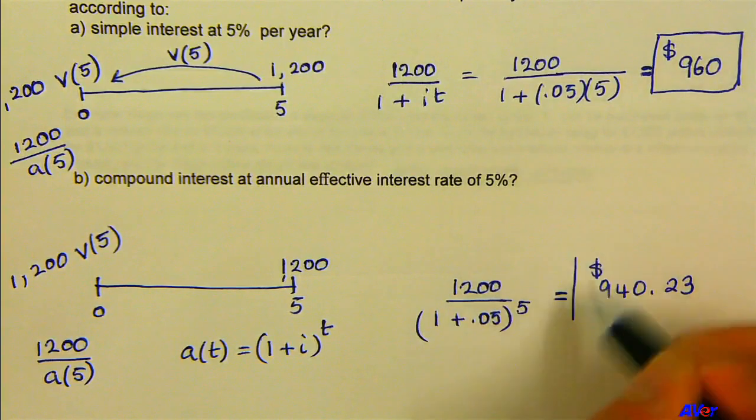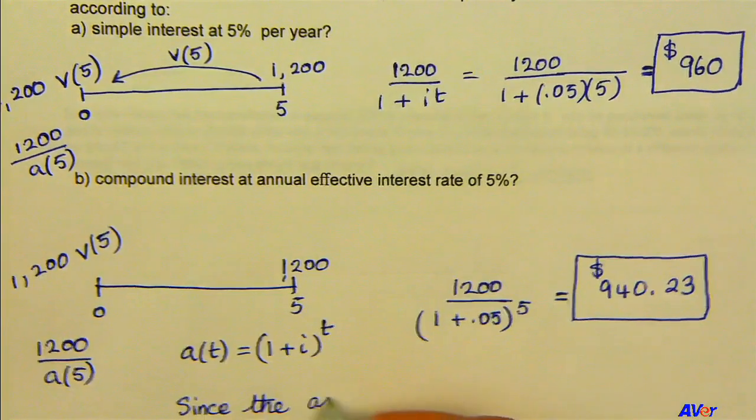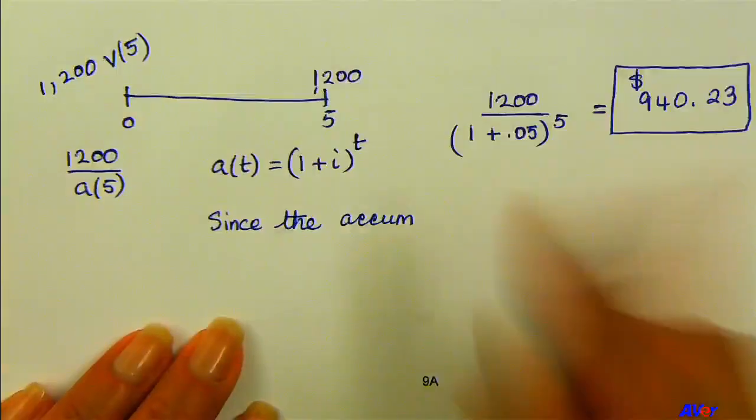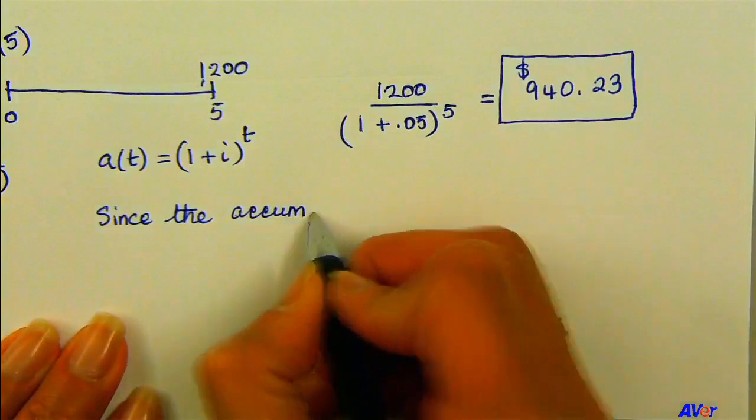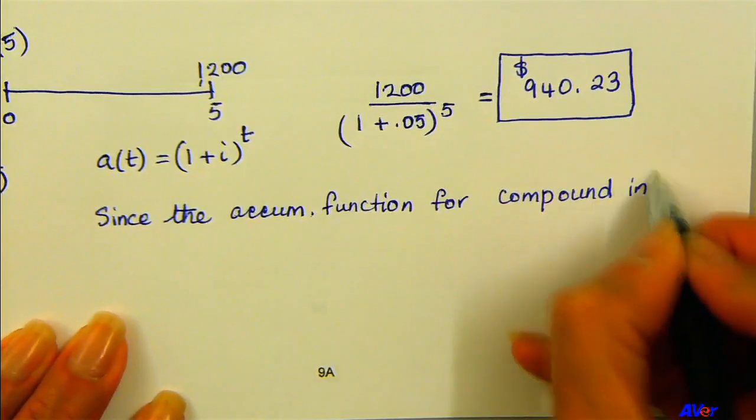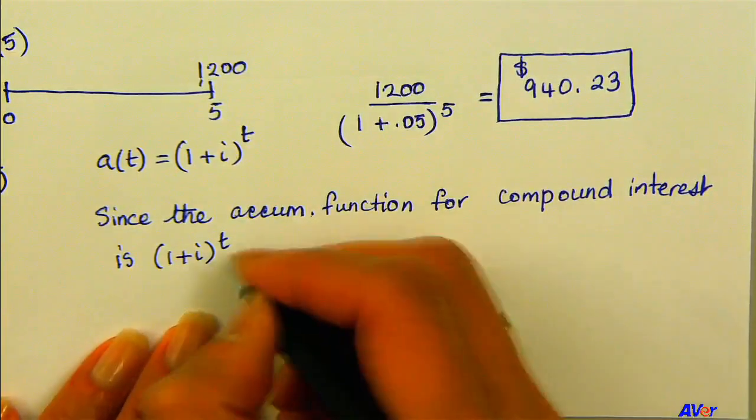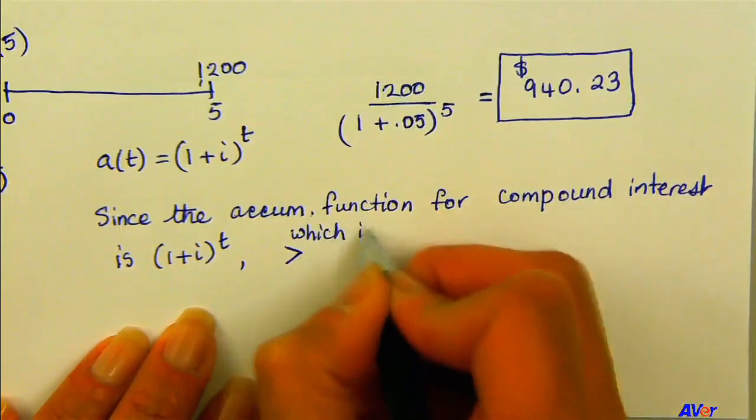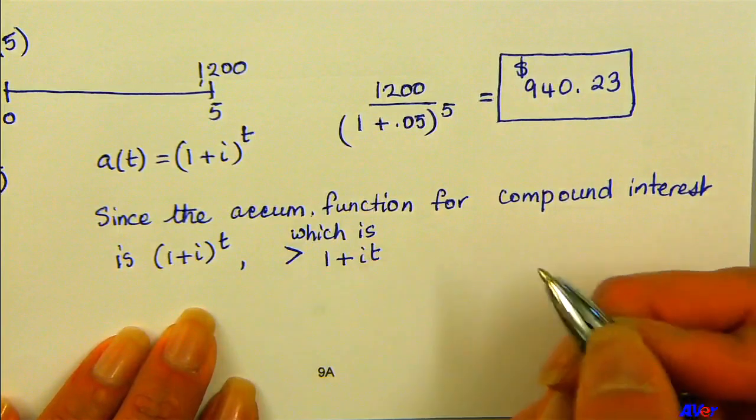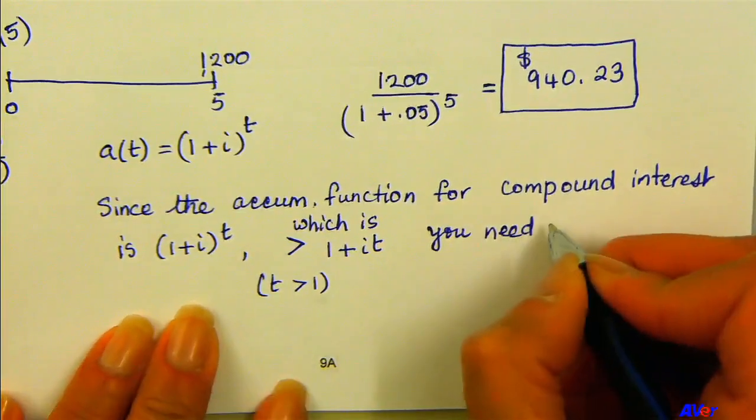So notice that you would need less money at time 0 if you were compounding, right? You can start with less and it'll still grow to $1,200. So since the accumulation function for compound interest, which is (1 plus i) to the t, is greater than 1 plus it, and I should say here for t greater than 1, you need less money now,